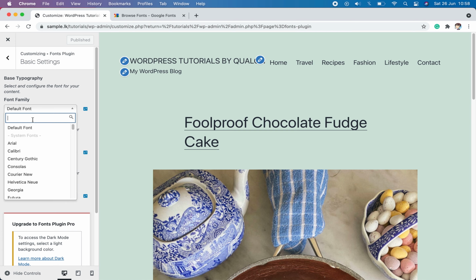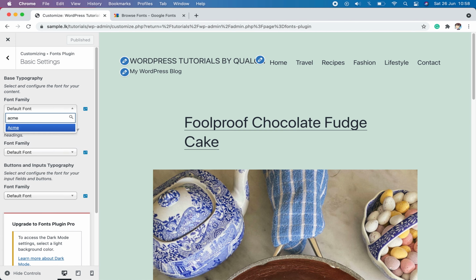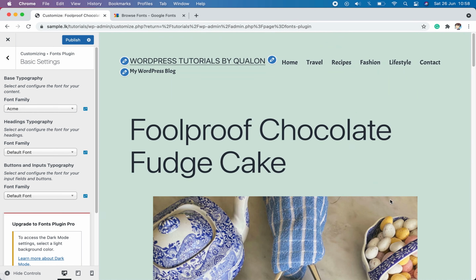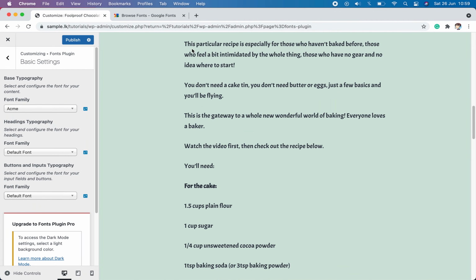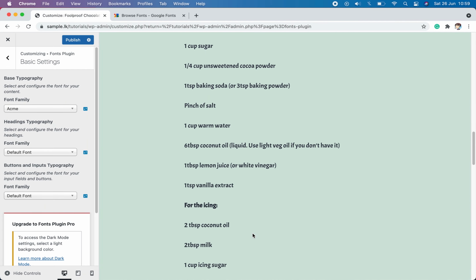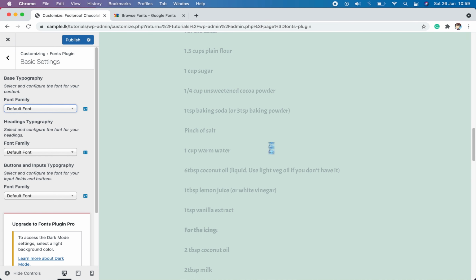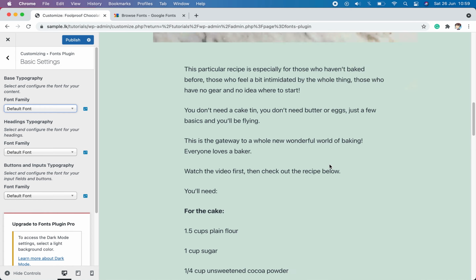In this video, we added the Acme font to see the changes clearly. Then you can see the difference between the default font and the Acme font.